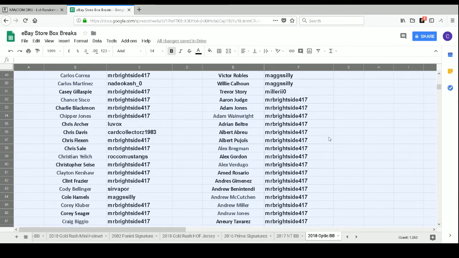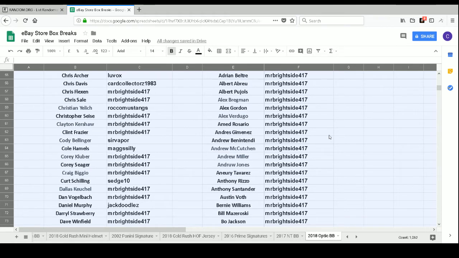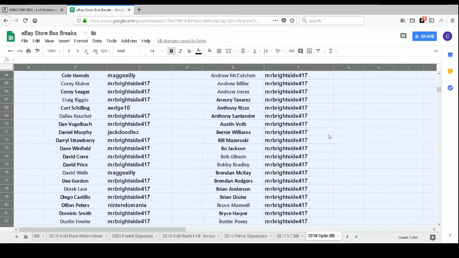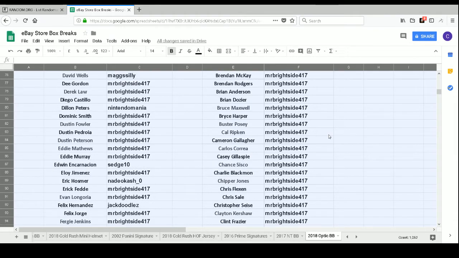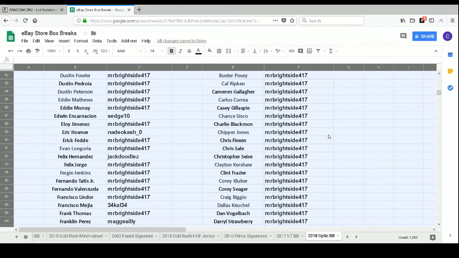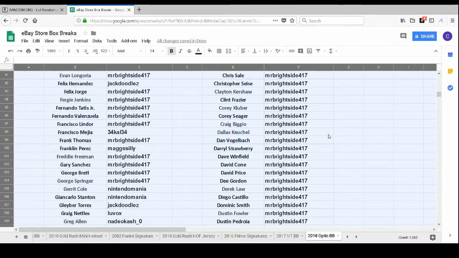Brightside 417 has Aaron Judge, Adam Jones, Adam Wainwright, Adrian Beltre, Albert Abreu, Albert Pujols, Alex Bregman, Alex Gordon, Alex Verdugo, Ahmed Rosario, Andres Jimenez, Andrew Benintendi, Andrew McCutcheon, Andrew Miller, Andrew Jones, Honore Tavares, Anthony Rizzo, Anthony Santander, Austin Voth, Bernie Williams, Bill Mazeroski, Bo Jackson, Bob Gibson, Bobby Bradley, Brendan McKay, Brendan Rogers, Brian Anderson, Brian Dozier, Bruce Maxwell, Bryce Harper, Buster Posey, Cal Ripken, Cameron Gallagher, Carlos Correa, Casey Gillespie, Chance Cisco, Charlie Blackmon, Chipper Jones, Chris Flexen, Chris Sale, Christopher Sees, Clayton Kershaw, Clint Frazier, Corey Kluber, Corey Seager, Craig Biggio, Dallas Keuchel, Dan Vogelbach, Darryl